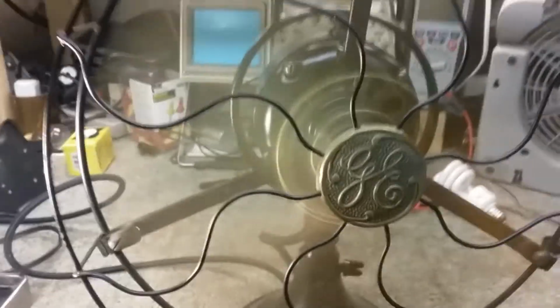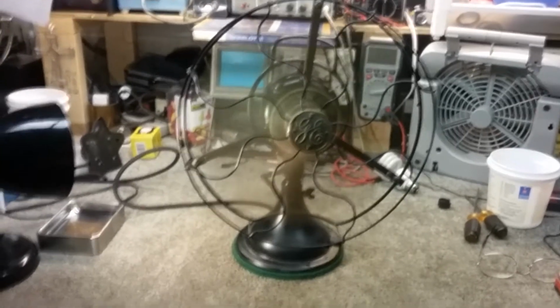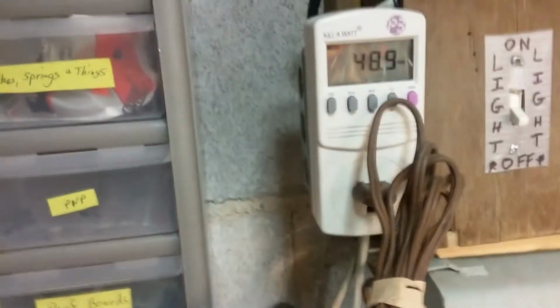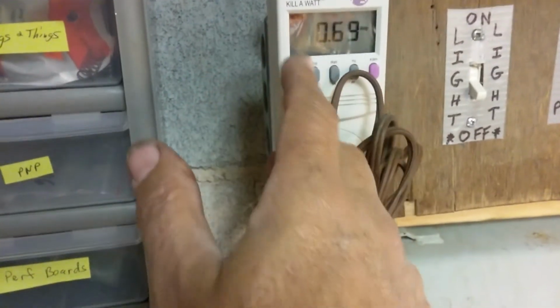Okay, we go to medium. That's medium. Still turning pretty good. On our medium, it draws 50 watts, or 49, which is 0.69 amps. And then on